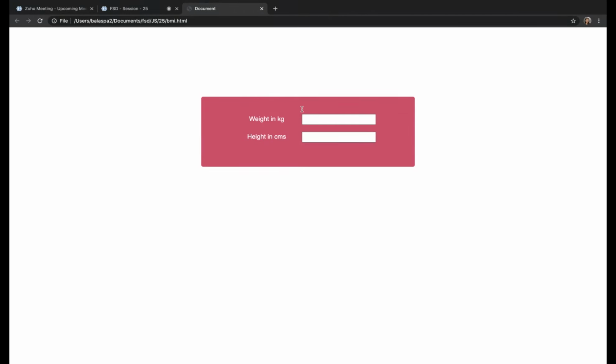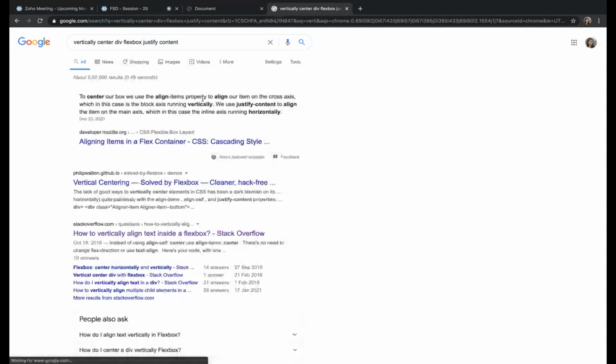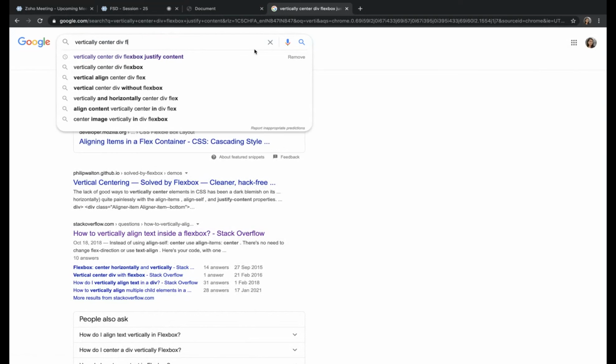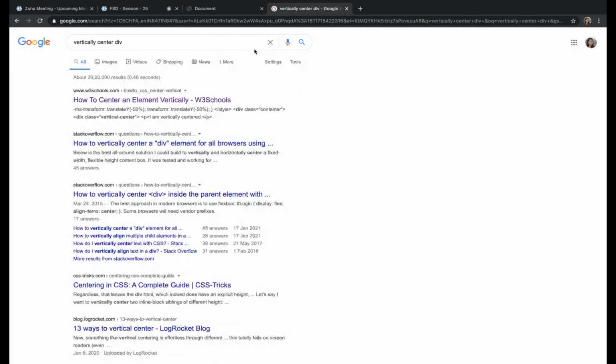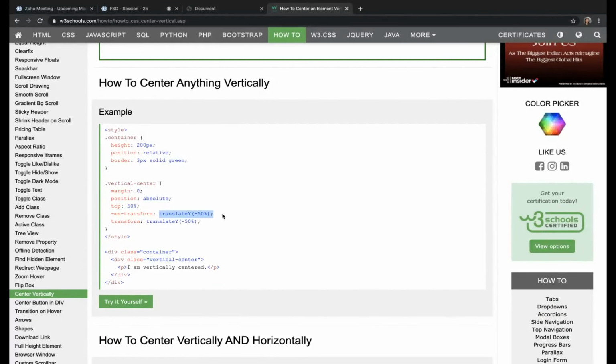Actually, how we will use this: usually before Flexbox, there is a concept to make it center, and maybe they can ask you in interviews. There's a thing called transform. So translate 50%, 50%, because Flexbox came only in the recent one year. Earlier we would use this: position absolute, and then transform, translate x and also y.